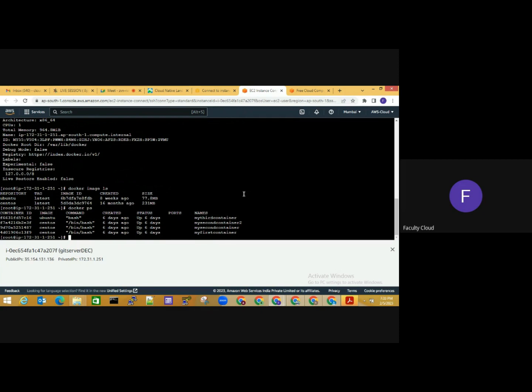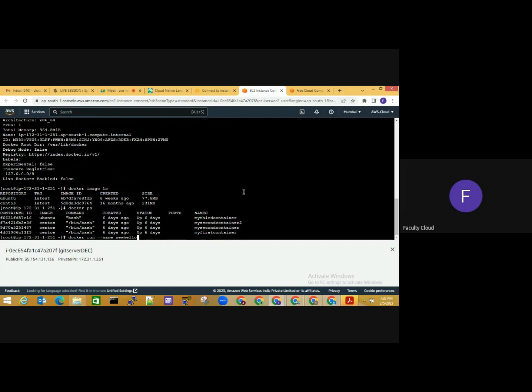So what I'm going to do is say docker run --name new-hello. New-hello is the name which I have provided, and I will provide the image information also with the same, which is hello-world.